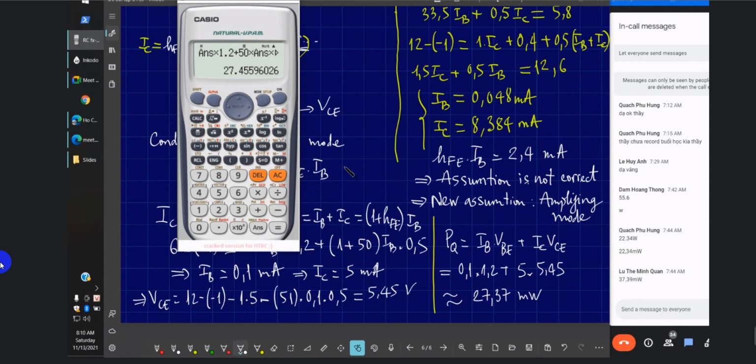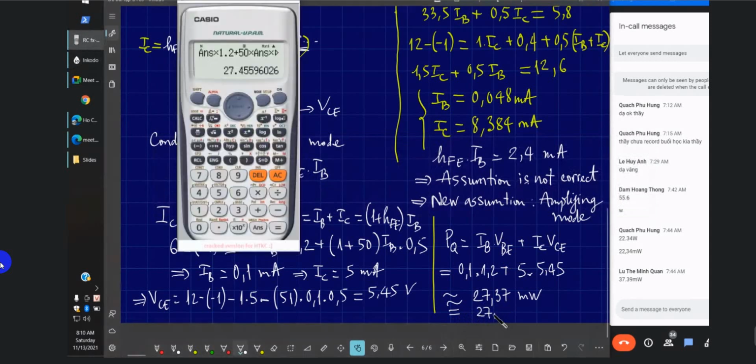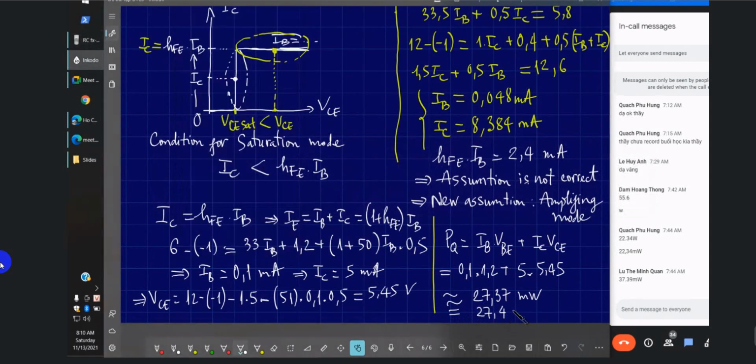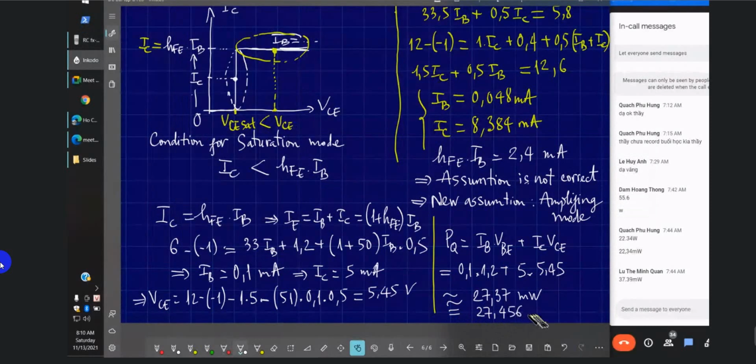Then the exact value should be 27.456 milliwatt. All right, so you got the wrong value. Oh man,